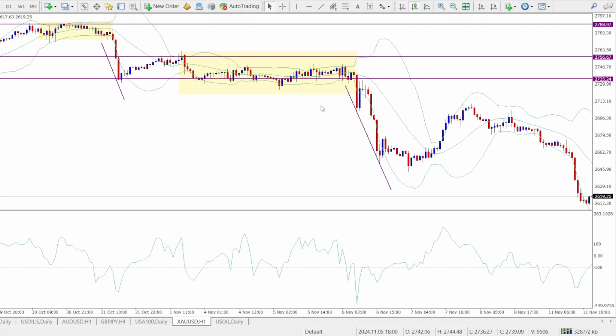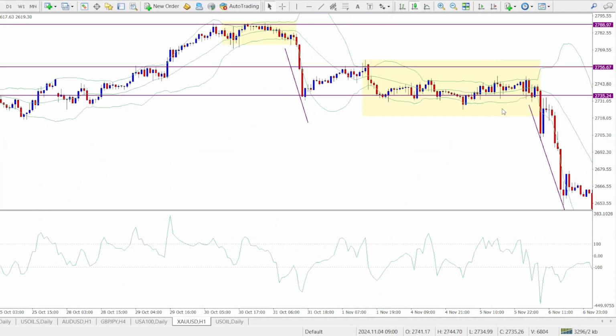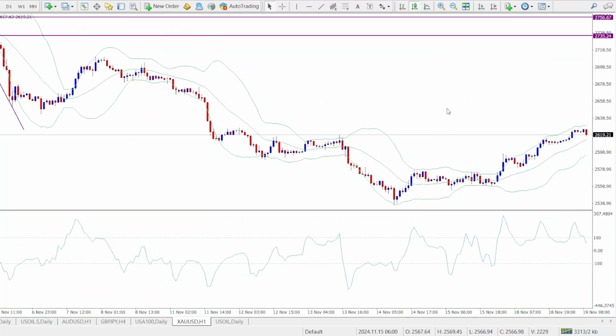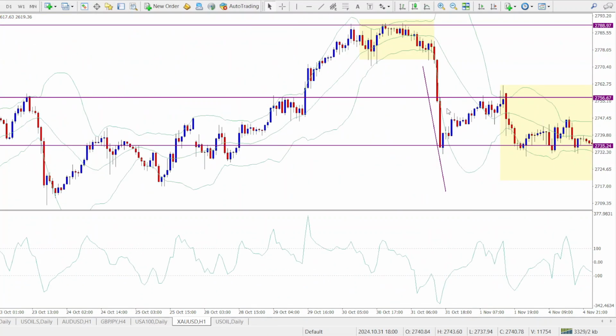Remember that support and resistance zones, horizontal support and resistance zones, continue indefinitely. So going forward, as price action plays out, these price levels can give you possible reversal points ahead of time, and you can use them for your entry and exit